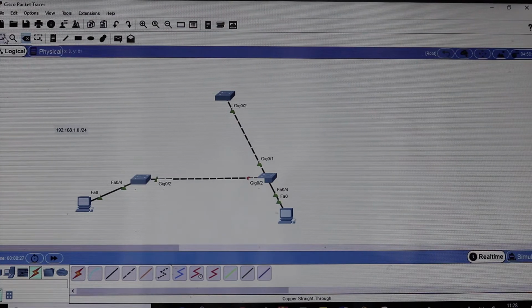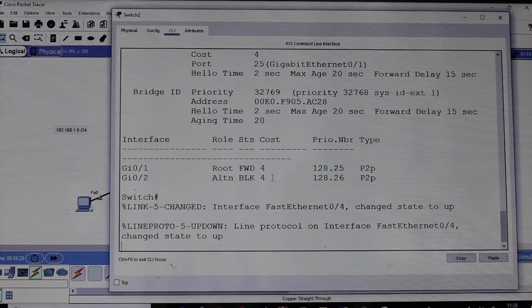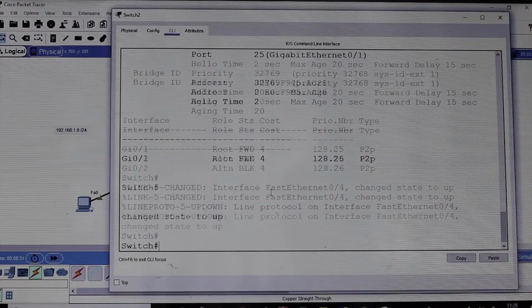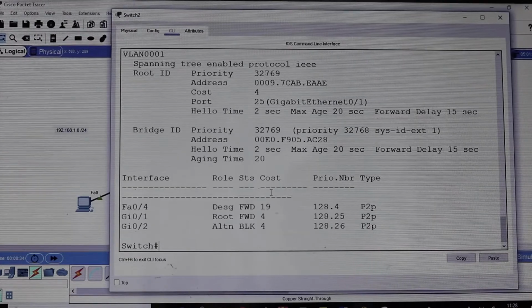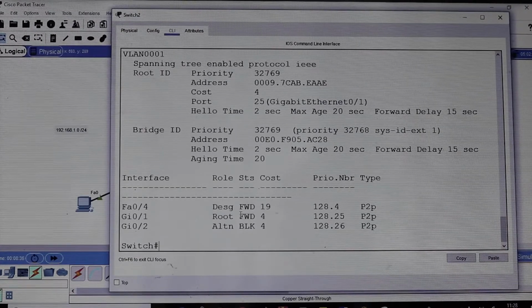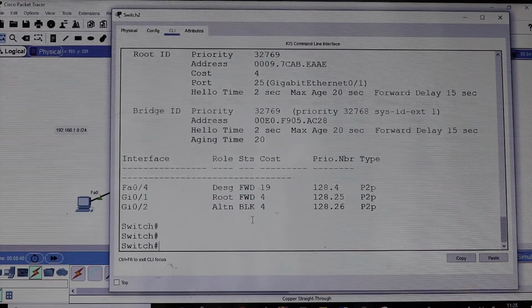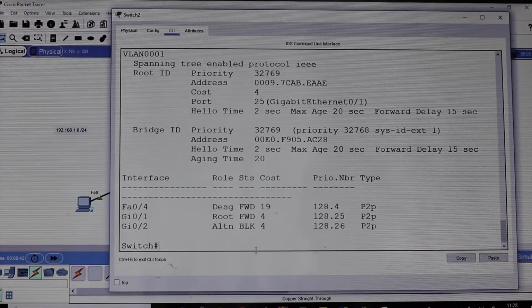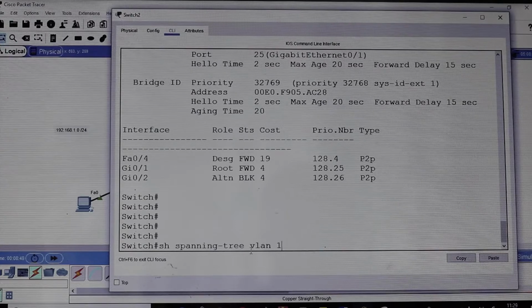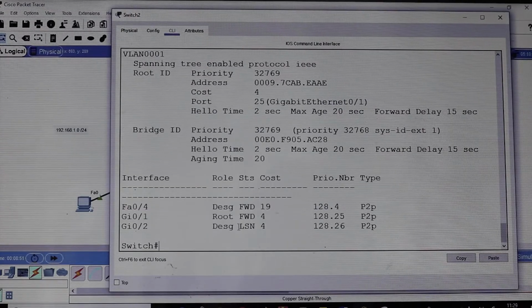Okay, so we quickly log on to this switch here and show STP. It says what? The port is still in a blocking state, correct? It's still blocked. Show STP. Now what do we see? It's listening.